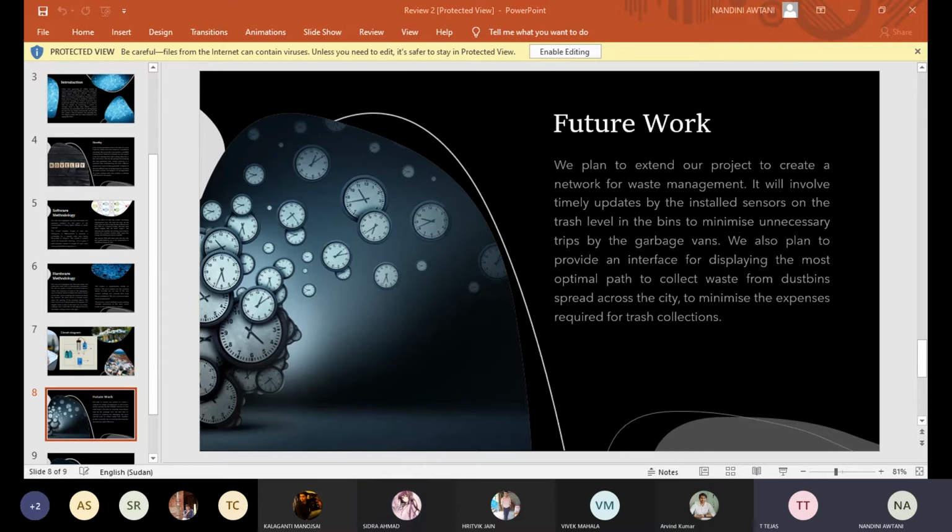Sir, is my screen visible? Just wait a minute. So Tejas is in your group, right, Sidra? Yes, Tejas? Yes, sir. Okay. Yes, I'm here. Yes, your screen is visible and audio also audible. You can go ahead. So Tejas will start with the presentation.